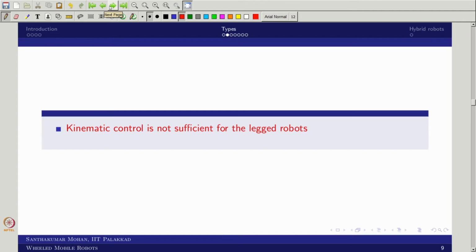What would be the biggest challenge in the legged robot? The wheeled mobile robot can be controlled at the kinematic level. That is what most people are doing in wheeled mobile robots in general. But that is not sufficient in the legged robot. Why? Because the stability is supposed to be ensured, right? One of the easiest examples, you take a pen standing, because of the support reaction which is an outward force. Those support reactions are the only forces which try to balance your overall system. In that sense, you can see the kinematic control is not sufficient.